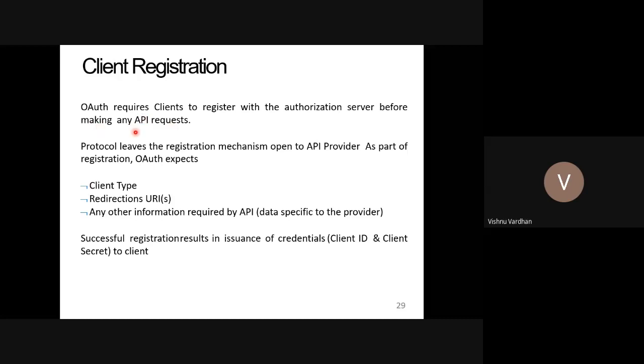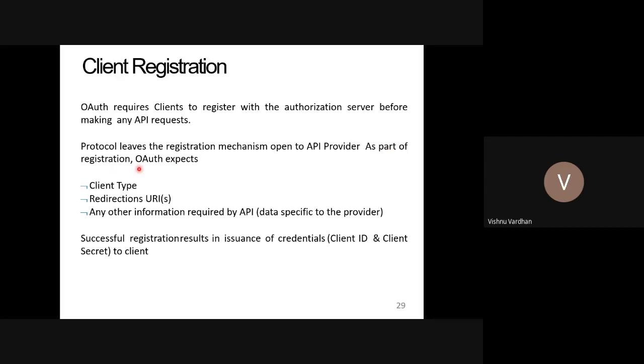It is very complex to understand, as well as very important to understand these things. So printfast.com first registers with Facebook.com or Instagram.com or YouTube.com before making any API requests. That is the first necessity. Secondly, the protocol leaves the registration mechanism open to the API provider.